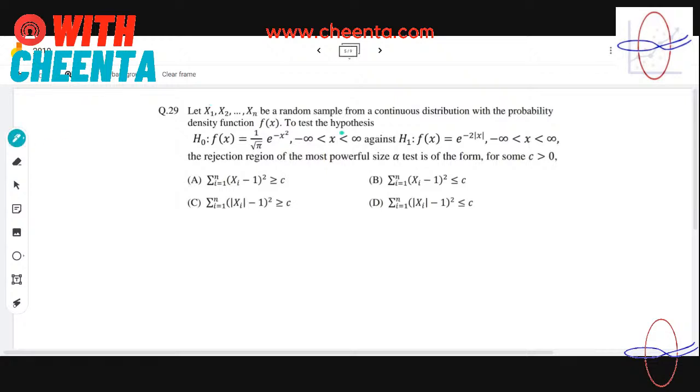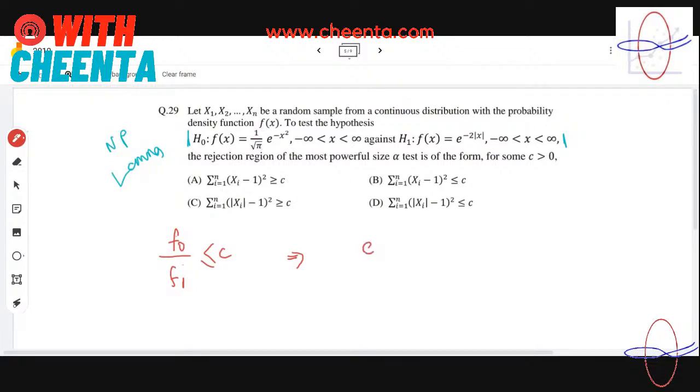Okay, I can understand from here. I think I've done this problem. It's just a Neyman-Pearson lemma problem. Let's apply this. The NP lemma tells us that f0 by f1 must be less than or equal to C. It will be very small to reject. This is the rejection region. So therefore you get